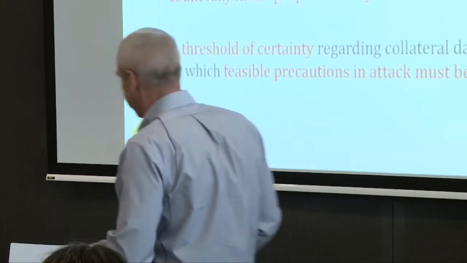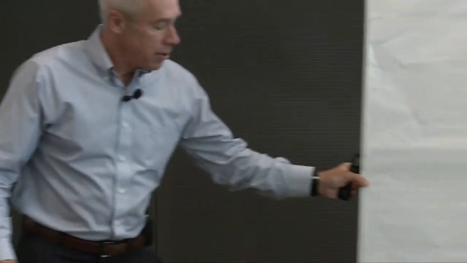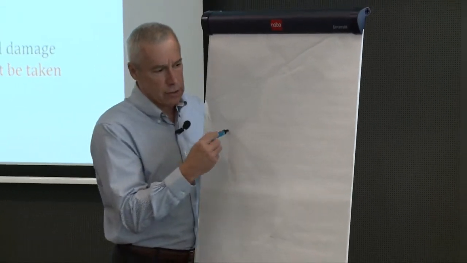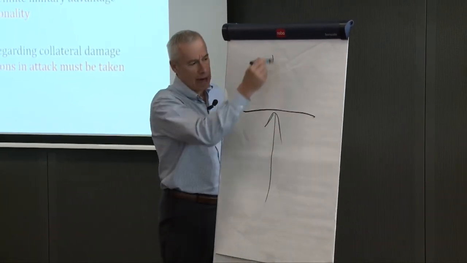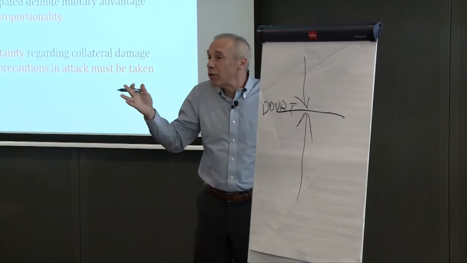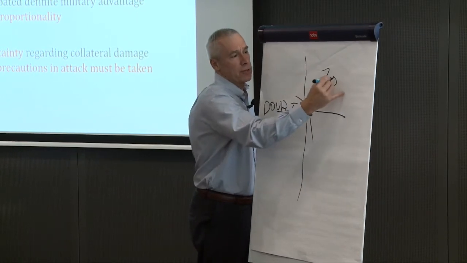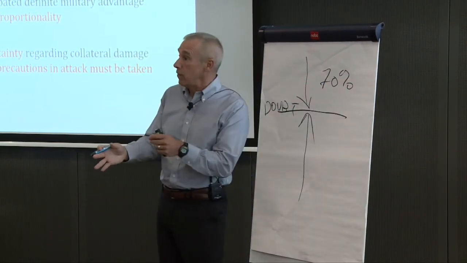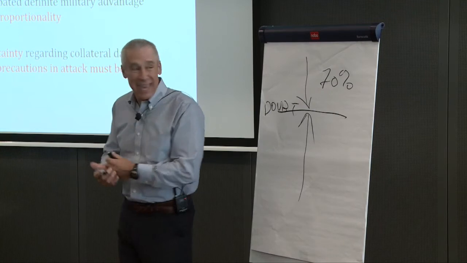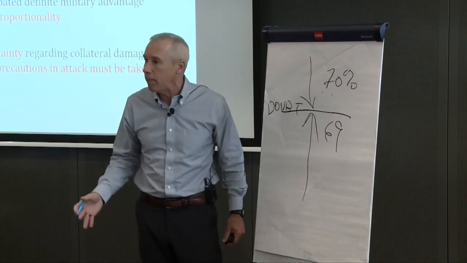Now, here's the problem. And this is what we're struggling with. I'll use this paper here. Here's the problem. We're not sure what doubt means, okay? We're not sure what doubt means. But doubt must be something like this. Now, we can debate. Is doubt beyond a reasonable doubt? Is it a preponderance of the evidence? If you have a 70% chance that that individual is who you believe that individual to be based upon intelligence of all sorts, is that good enough? And if 70 is good enough, is 69% not good enough?